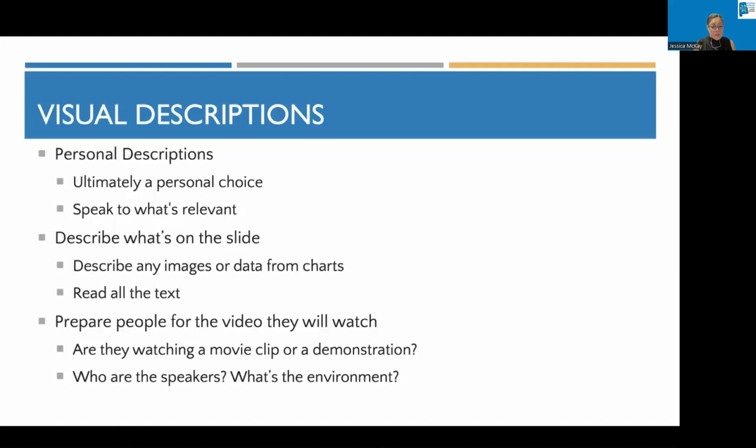Next, talking about what's on the slide. Again, that's a visual description you have to provide. I've been to several trainings where people will have data or charts or this wonderful image, and they will say, as we reference this image, tell me what you see, or they don't even say that. So based on this image, we know that blah, blah, blah. Well, if I don't know what the image is of, how am I relating that information? How am I making those connections?